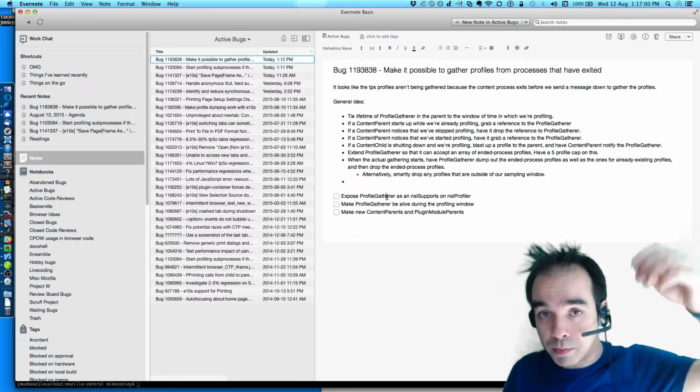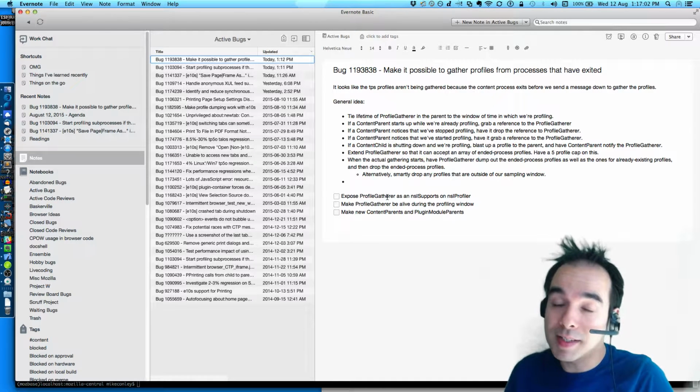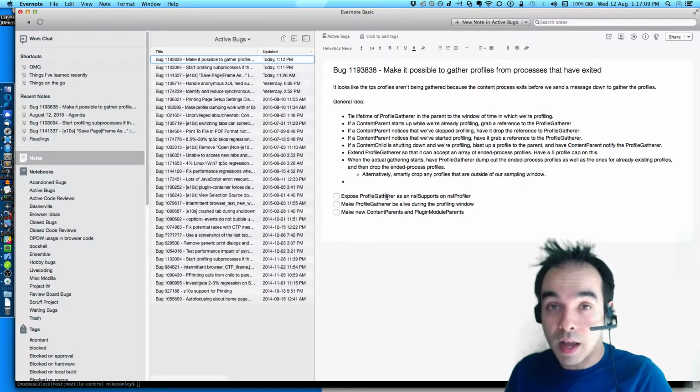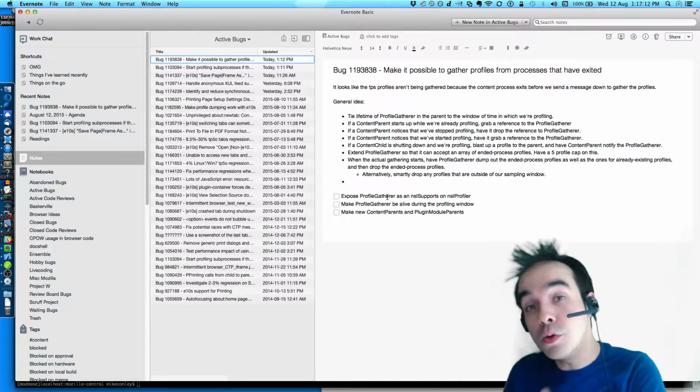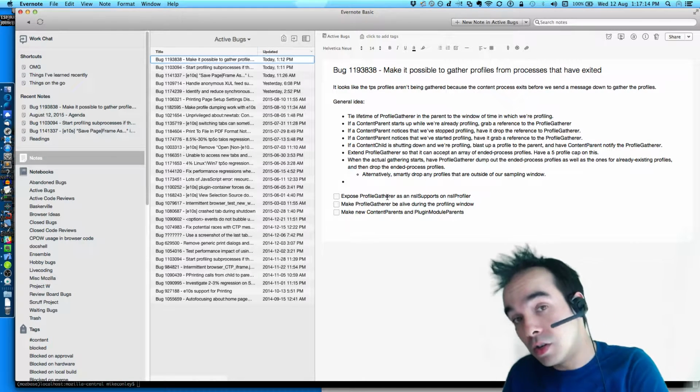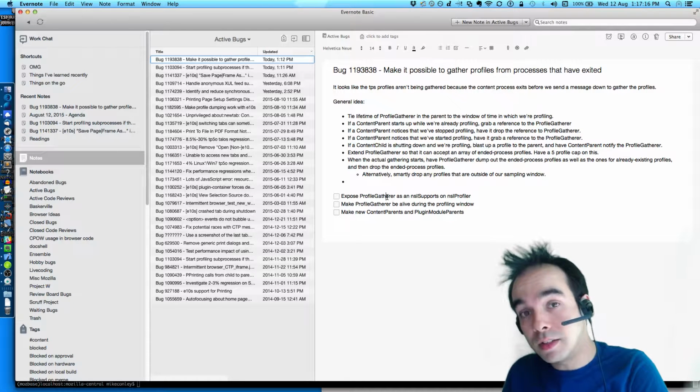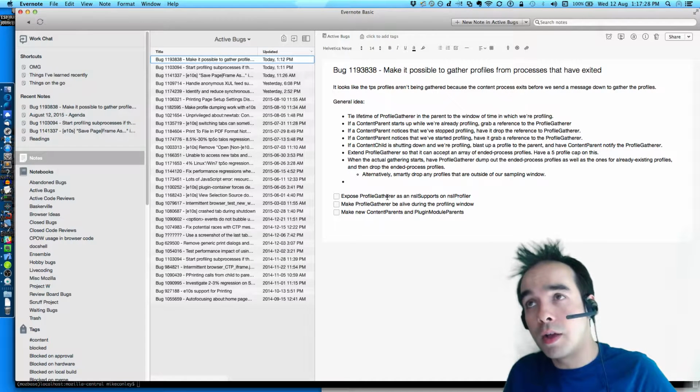But that's the pre-existing case, when there are pre-existing content parent actors whenever the profiling window starts. Then there's the other case of we're profiling and we open a new process, and it needs to get a reference to the profile gatherer. And I think those are the only cases we have to care about. No, sorry. We are either a pre-existing content process or we are not a pre-existing content process. Those are the two cases.